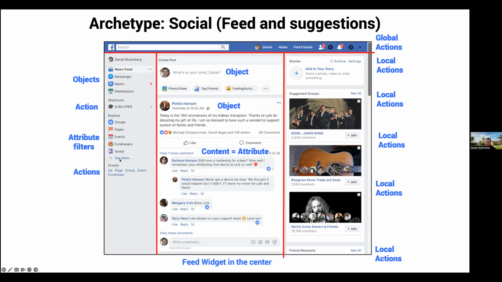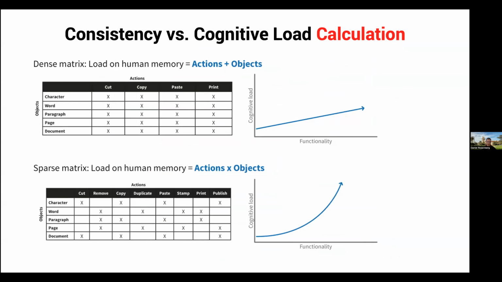So if you understand that all user experience can be described before it exists by the objects and actions that comprise the tasks that people want to do, you can basically build a table, and a very dense table. Like all the actions I have are cut, copy, paste, and they apply to all my objects, like in a word processor, will result in fairly linear growth in cognitive load. But if you're really sloppy in the conceptual model grammar design and have a lot of redundancies, duplications, and exceptions, actually cognitive load will grow exponentially.